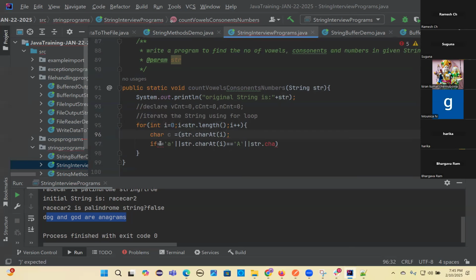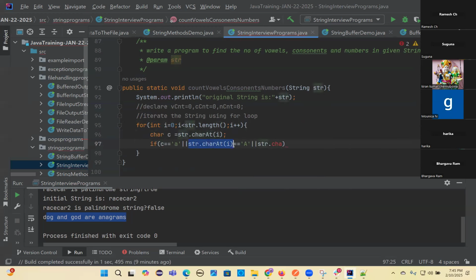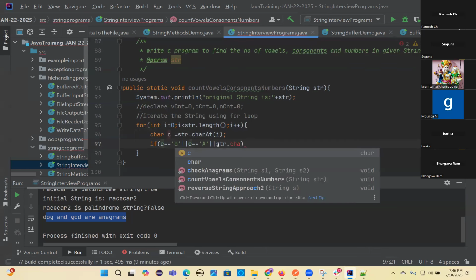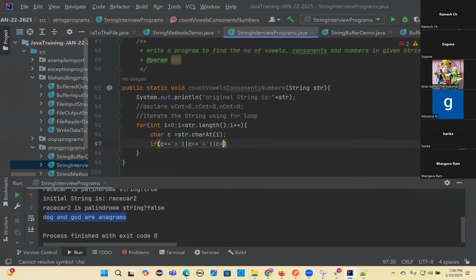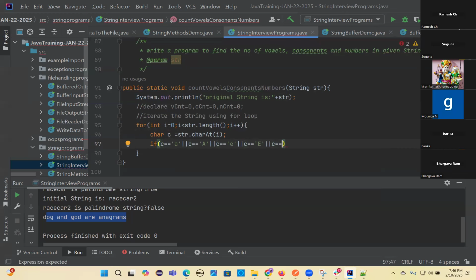So now I can say, if c equal to a, or c equal to capital A, or c equal to e, or c equal to capital E,